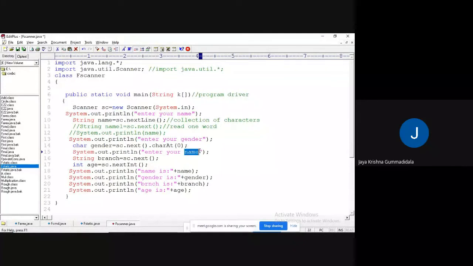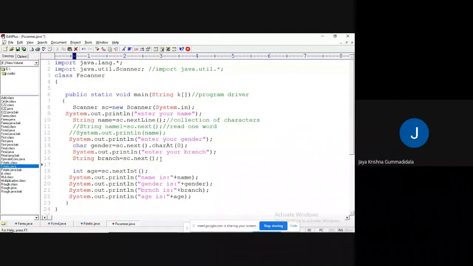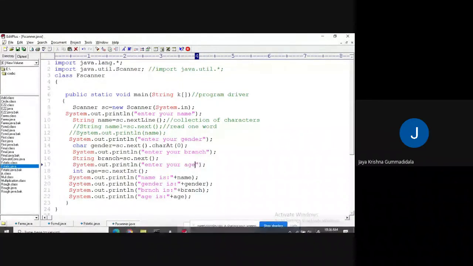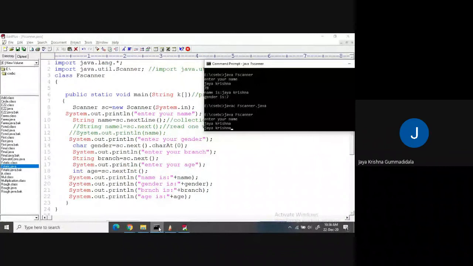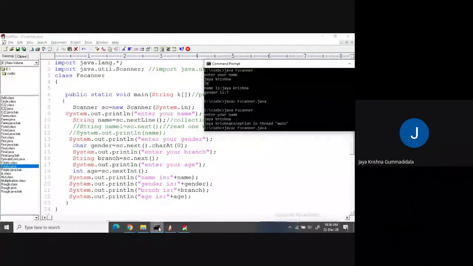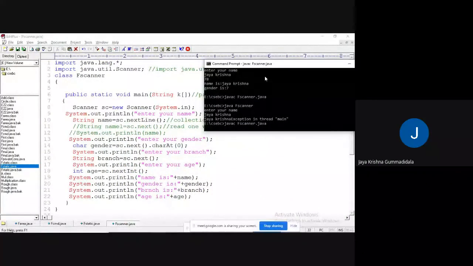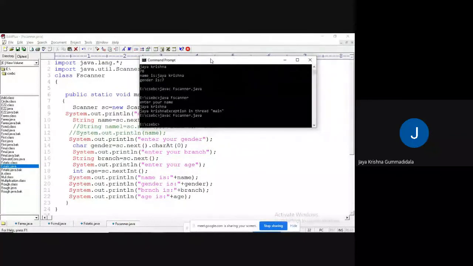Enter your branch. Enter your age. Okay, let me press again. Next I am going to compile once again. Compiled successfully. Next, FScanner. Enter your name. My name is Jay Krishna.